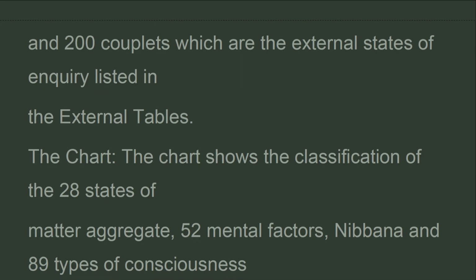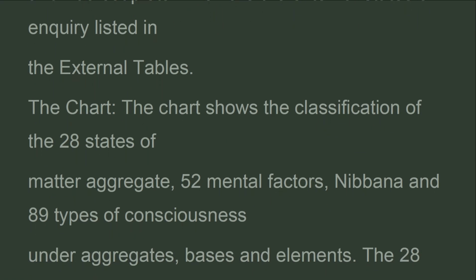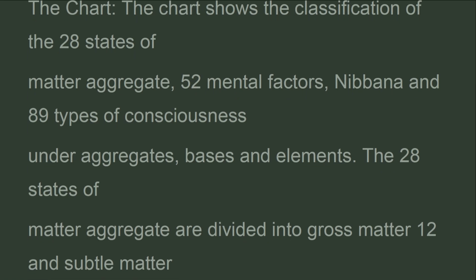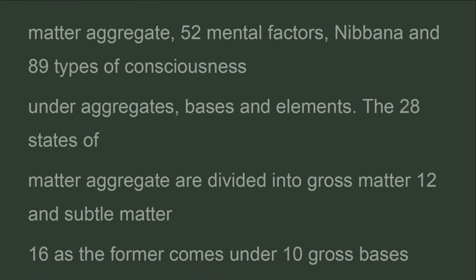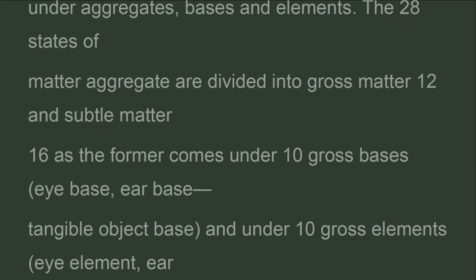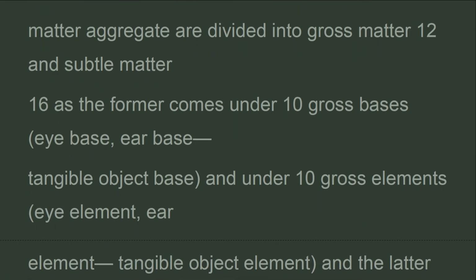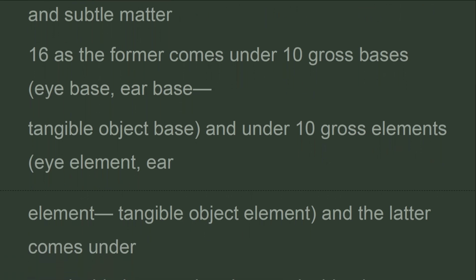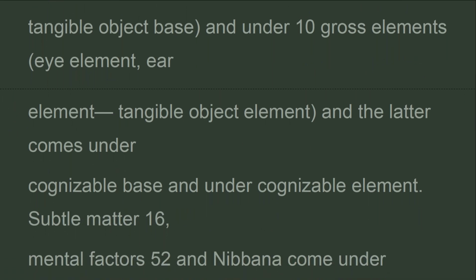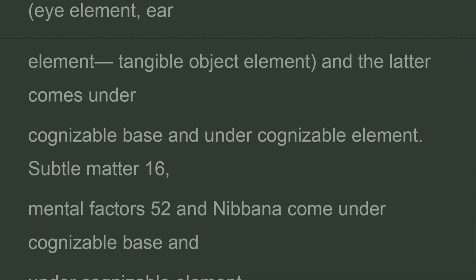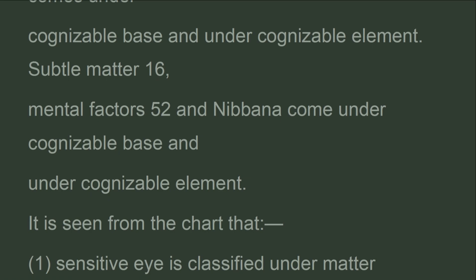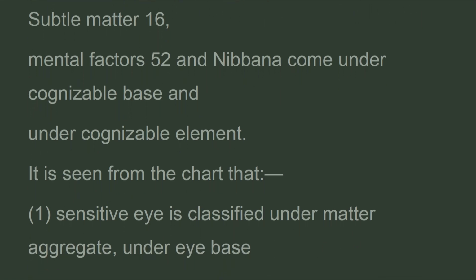The chart. The chart shows the classification of the 28 states of matter aggregate, 52 mental factors, Nibbana, and 89 types of consciousness. Under aggregates, bases, and elements, the 28 states of matter aggregate are divided into gross matter 12 and subtle matter 16, as the former comes under 10 gross bases: eye base, ear base, tangible object base, and under 10 gross elements: eye element, ear element, tangible object element, and the latter comes under cognizable base and under cognizable element. Subtle matter 16. Mental factors 52 and Nibbana come under cognizable base and